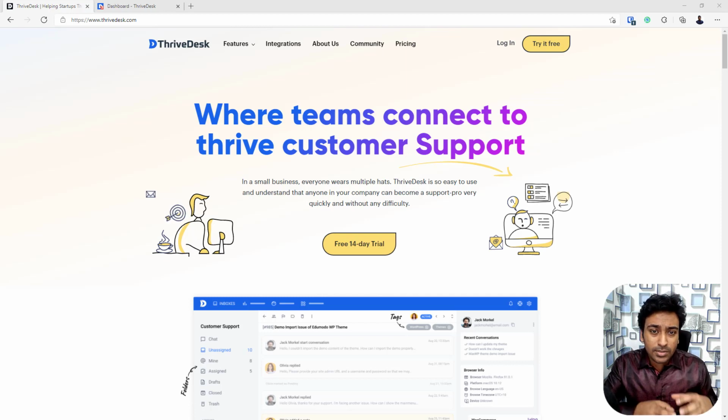ThriveDesk is a customer support and communication software which is focused on improving the communication process between you and your target audience. They are able to improve communication based on several features such as live chat, a way to give a live chat widget option within your website so your visitors can chat with you through that website widget,